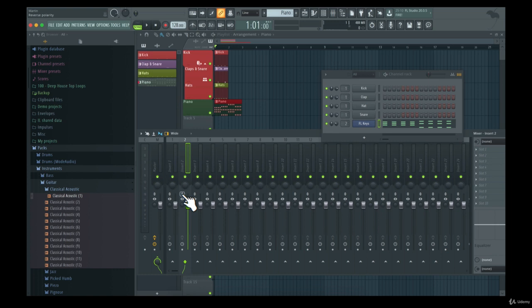In our mixer here, you can see that we have a little pan dial here. So this is for all of the different mixer channels. Then we have reverse polarity, so you can reverse that in the mixer here. You can swap left and right channels, so you can